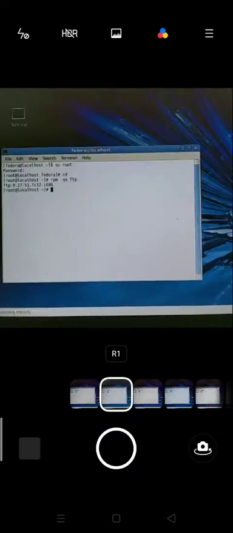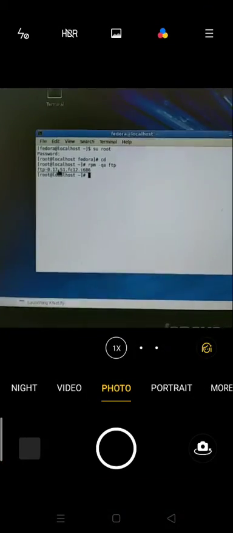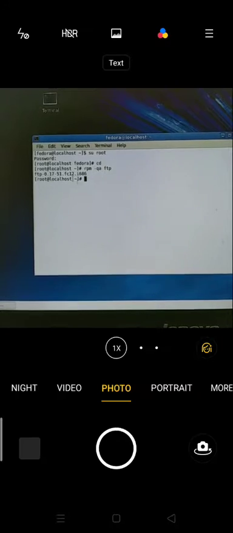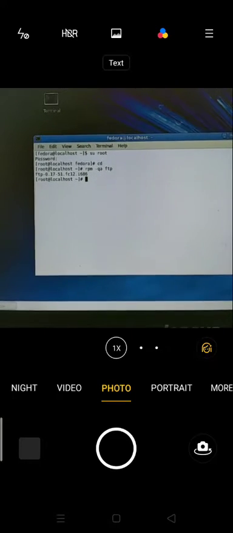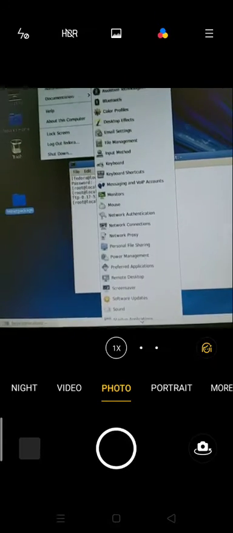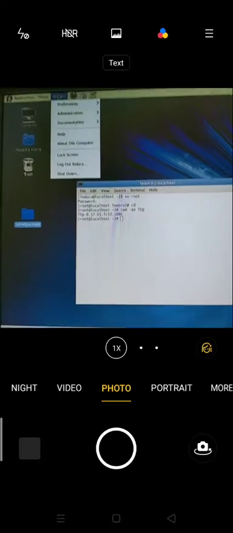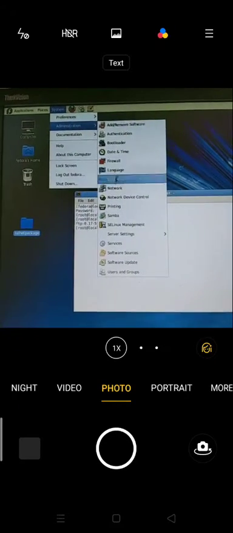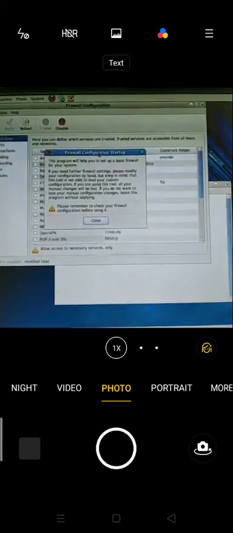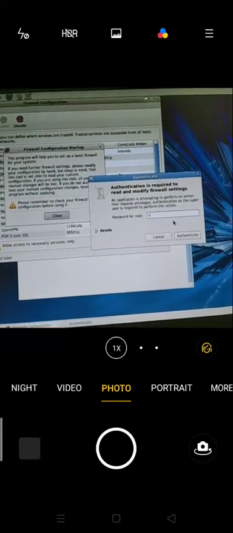Next step, after the FTP software is installed, is that we have to disable the firewall, because FTP may be disabled by the firewall. So go to System, Administration, Firewall, and enter the password.